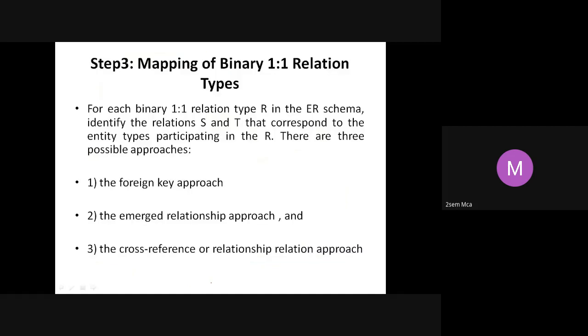Next, we have mapping of binary one-to-one relationship. So you may have a one-to-one binary relationship in the ER diagram. What to do with that? Whether I should convert it into a table or not, what I should do?